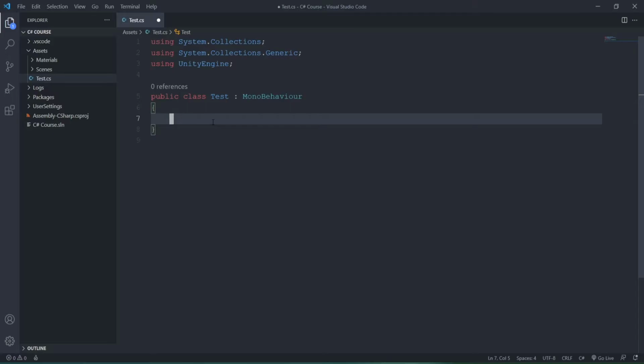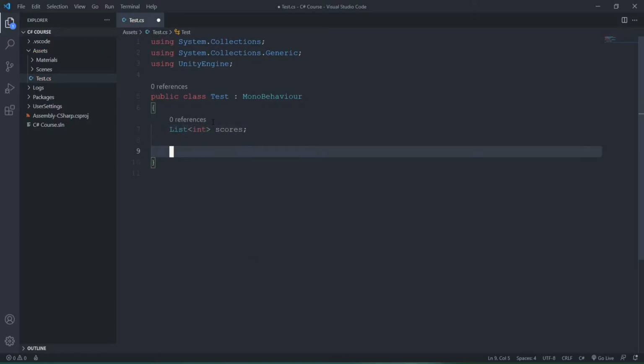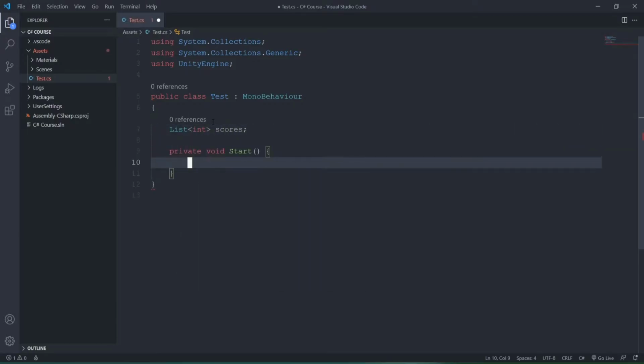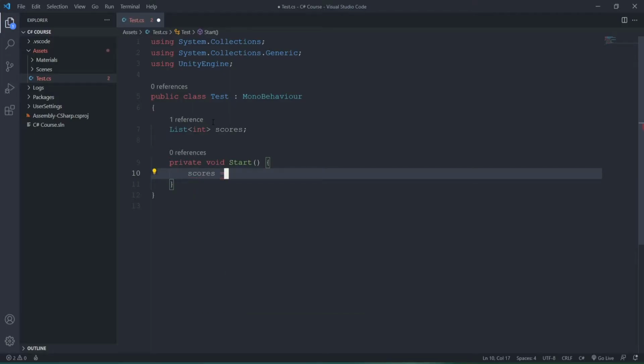All right, so first let's go ahead and learn about lists. What are lists? We talked about those. Now let's go ahead and write the list. So I'll write list, and the type of the list will go over here, inside the angle brackets. So I'm going to say int, and I'm going to write scores. And in the start function, I'll say scores equals to,